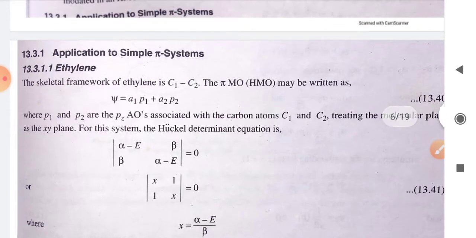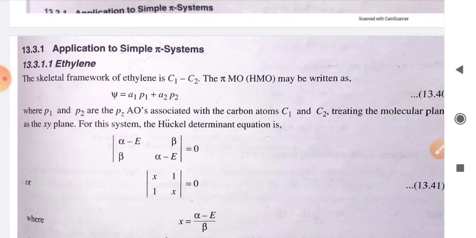So let us start with the first example, that is the ethylene molecule. In our syllabus we have three molecules: ethylene, 1,3-butadiene, and the last one is benzene. We are expected to derive the wave equation for all these three molecules and the energy diagrams for them. But we will also see one extra molecule, the propylene system or the allylic system. The allylic system is quite important from the competitive exam point of view also. Sometimes questions might be asked based upon various systems, so you should be able to find out the wave equation for that.